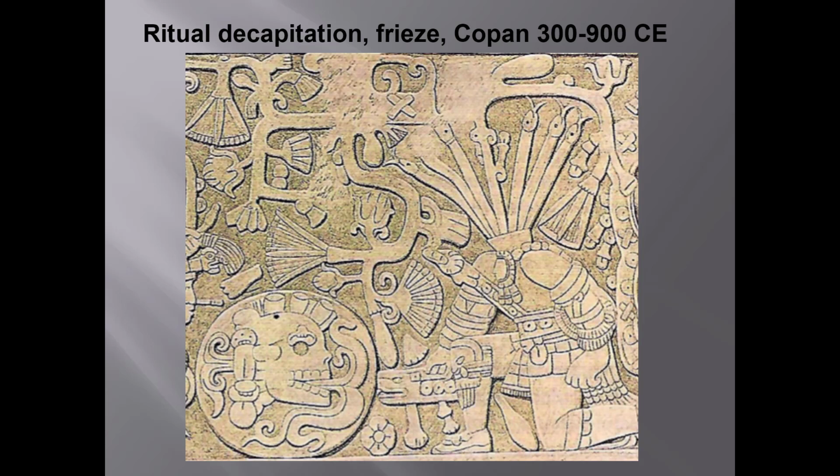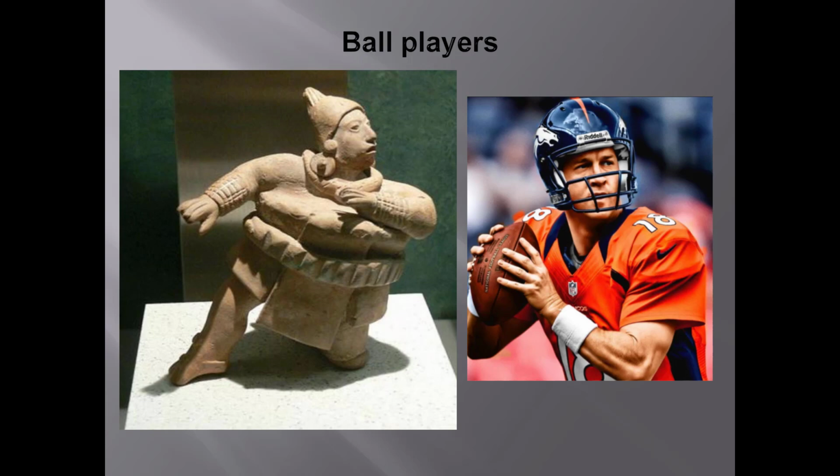The Aztec creation myth likewise involves gods sacrificing themselves to force the sun to move and to produce time and history. These sacrifices were reenacted in public ceremonies, often with actual human victims. So here's one of the many sculptures of Mayan ball players. Note the protective dress. Those rubber balls were very, very hard.